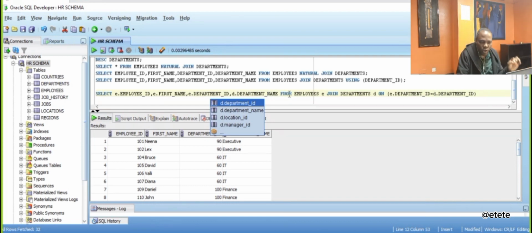Then any row that meets this ON condition, which is department ID in the employee table equals the department ID in the department table, any row that meets that condition will be returned. And the columns that will be returned will be these 4 columns. So when I run this,